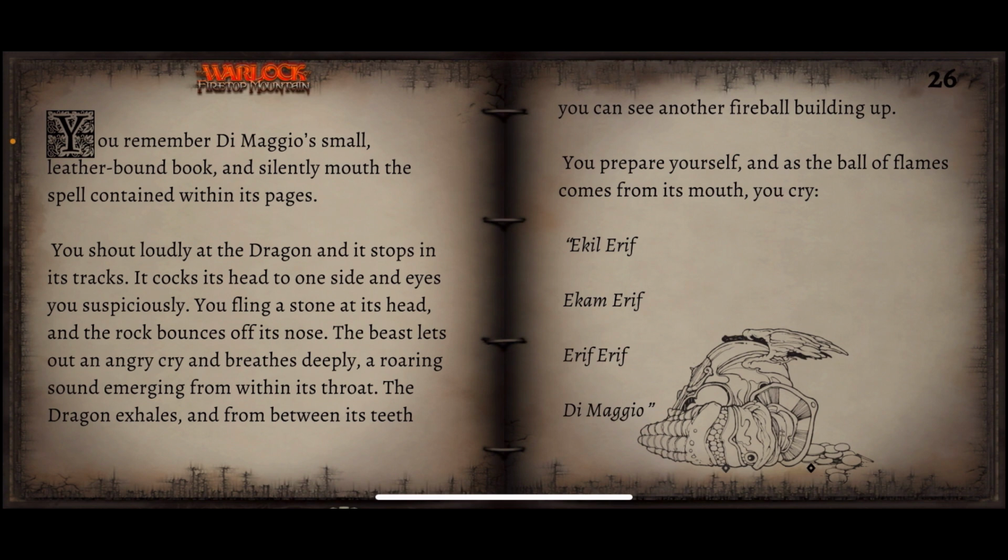You remember de Maggio's small leather-bound book, and silently mouth the spell contained within its pages. You shout loudly at the dragon and it stops in its tracks. It cocks its head to one side and eyes you suspiciously. You fling a stone at its head and the rock bounces off its nose. The beast lets out an angry cry and breathes deeply, a roaring sound emerging from within its throat. The dragon exhales, and from within its teeth you can see another fireball building up. You prepare yourself, and as the ball of flames comes from its mouth, you cry,